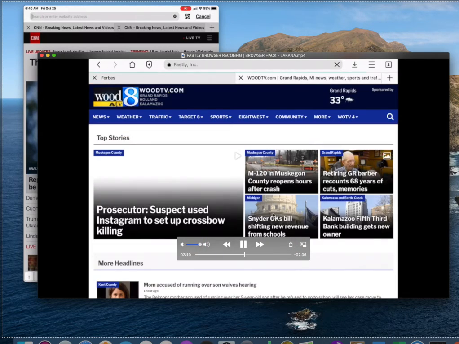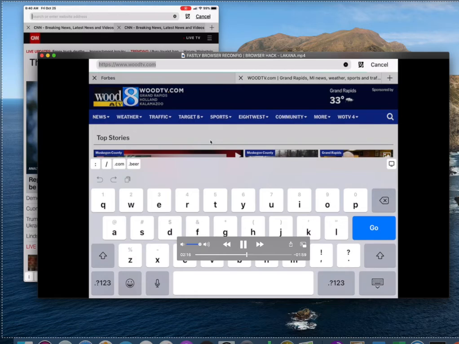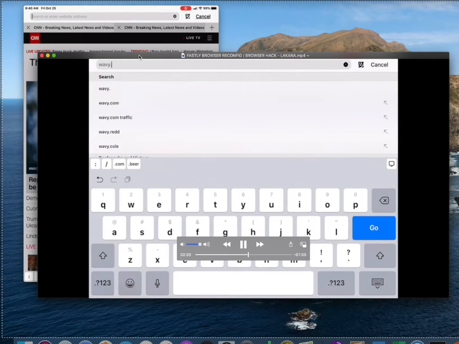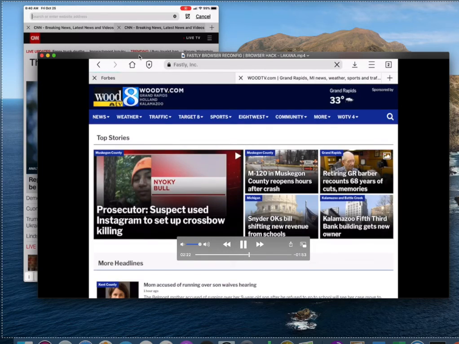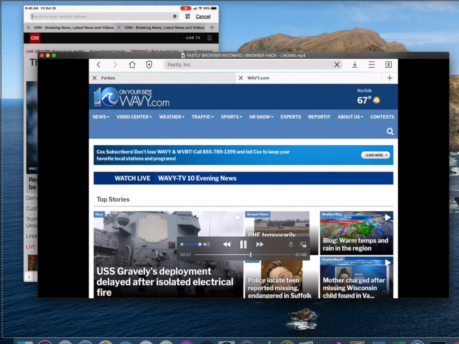Now, Wood TV is a Nexstar Media Group TV station, and they are injecting Nexstar Media Group content into the local cache of my computers, and they're also injecting it in those relays. This is Wavy, a Nexstar Media Group TV station.